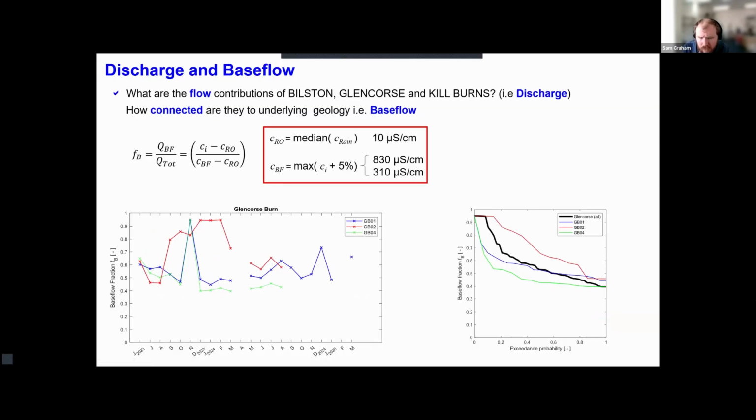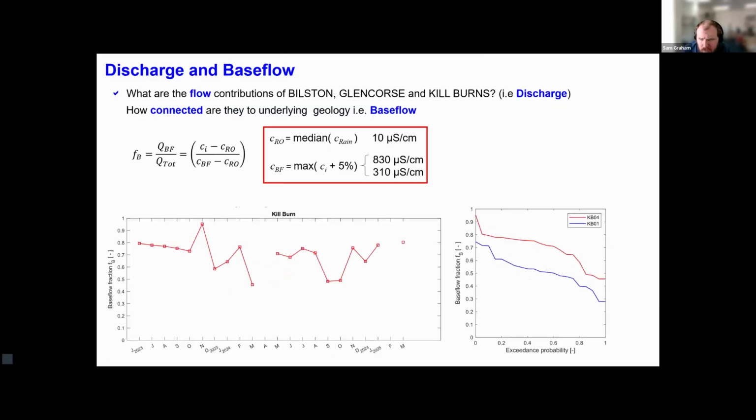But it also, as you'll see in a minute, has a slightly lower average contribution, so it's slightly less connected to its underlying geology. And then the final one is the Kilburn, which joins the Bilston. And that one, again, has got fairly uniform behavior, but it's even higher than the Bilston. So this one's potentially 80% base flow